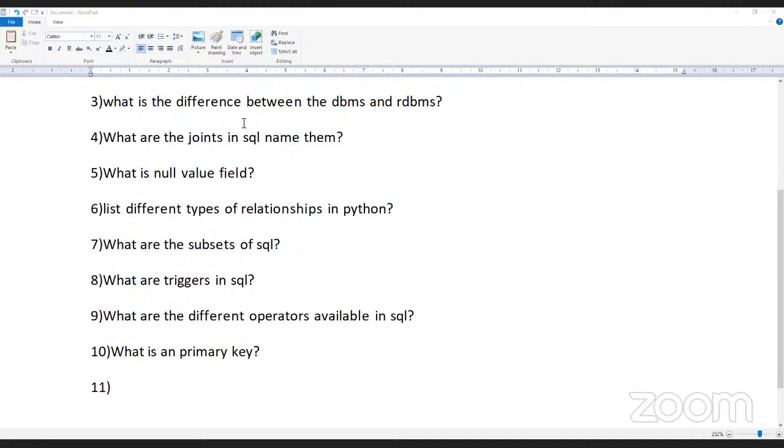So as we look into this, a primary key in SQL is a column or a set of columns that uniquely identifies each row in the table. It uniquely identifies a single row in the table, and null values are not allowed. So as we go into the next question,